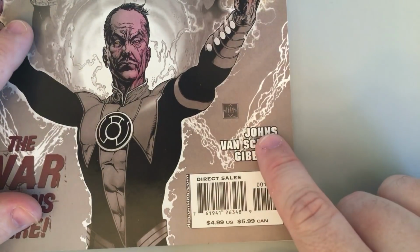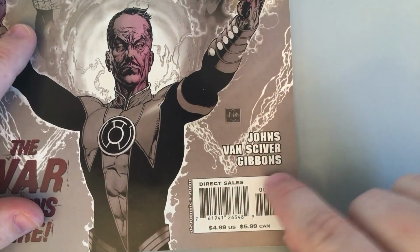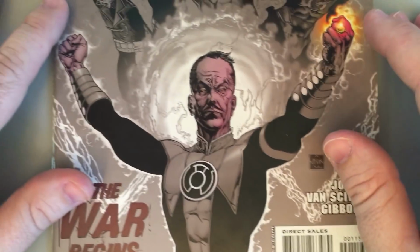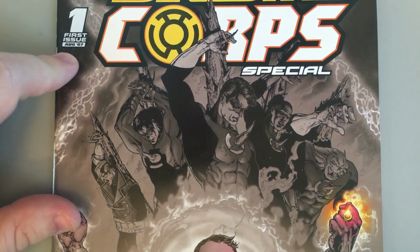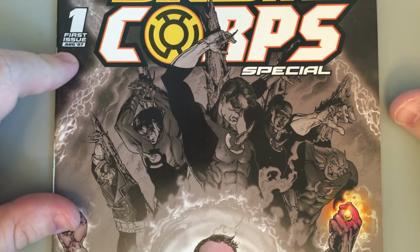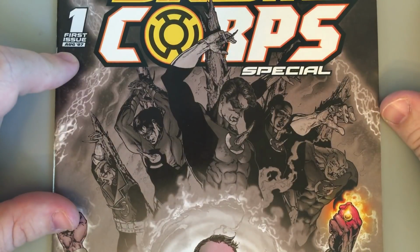All right, so written by Geoff Johns, penciled by me, Ethan Van Sciver, and there's a backup story by Dave Gibbons in this, which is really cool. And it came out August of 2007. Now, I should also say, when this book was finished and it was going to print, maybe a week from its release date, I remember going to Heroes Convention in Charlotte and being on a panel with Dan DiDio there, and people asking me Green Lantern related questions, and me saying, you guys,